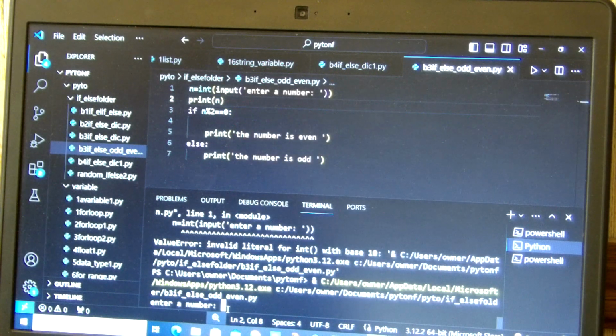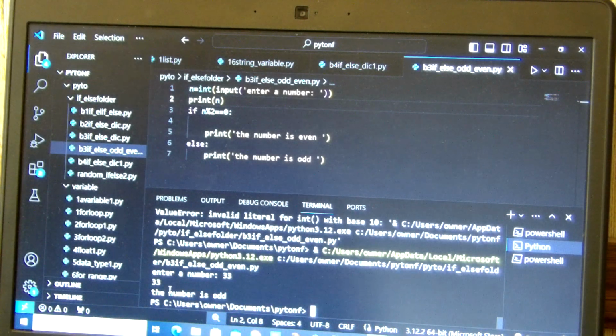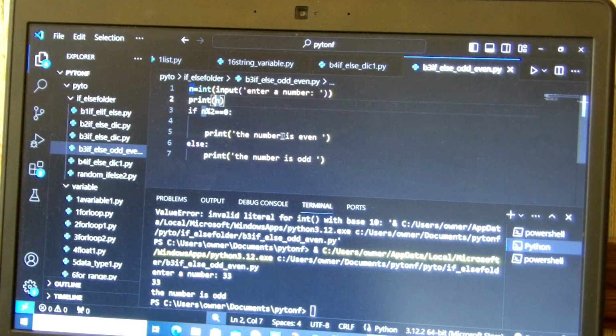Enter a number. 33. See, 33. You enter a number. I entered 33. The number is odd. It just says, you can say you entered